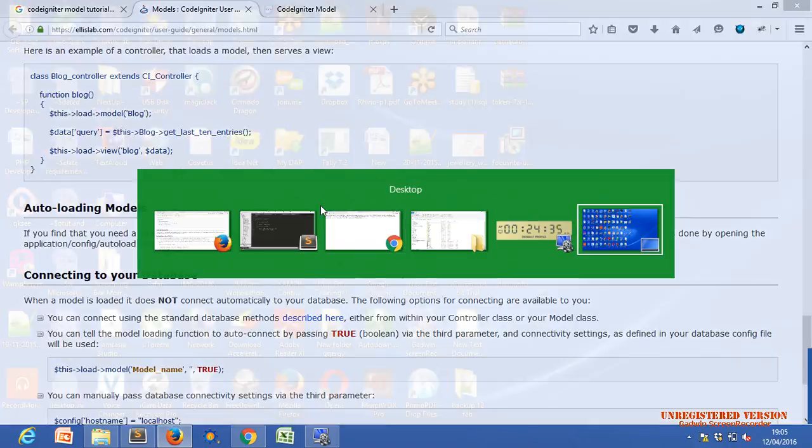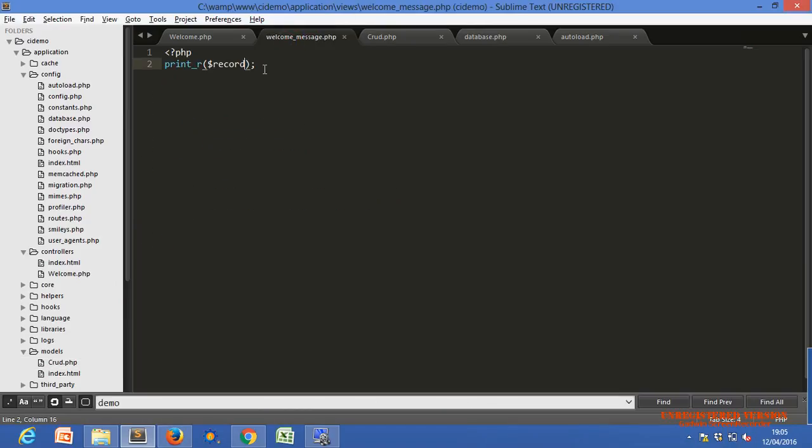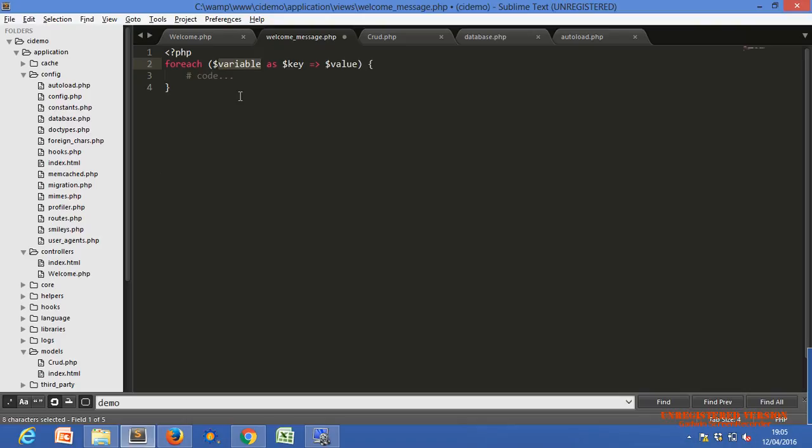One second. Let me just complete the code. Foreach. Do you remember the foreach loop, Kushi? Yeah, with the help of this loop, we can use.